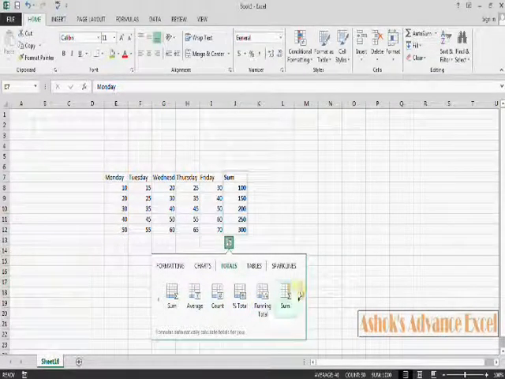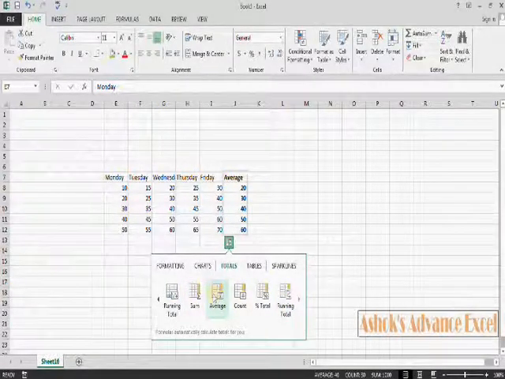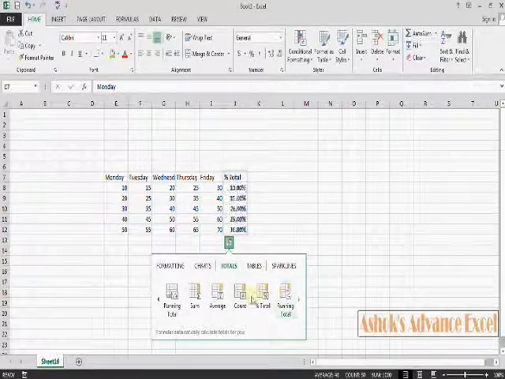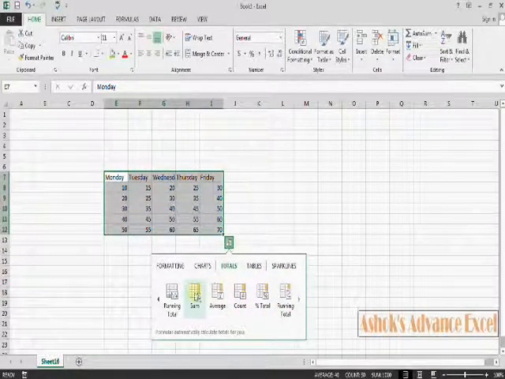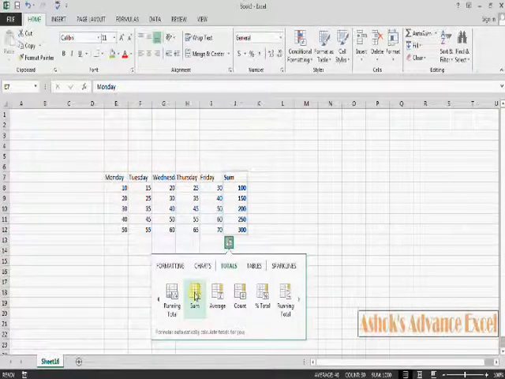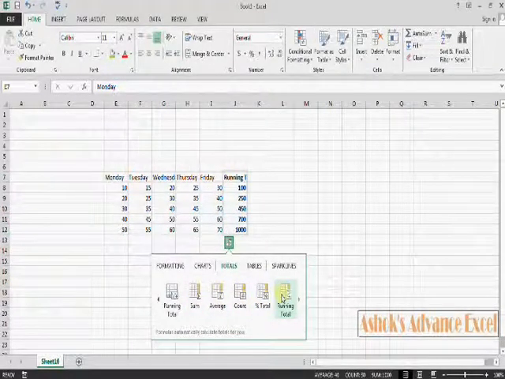Same way, here are some same options, but results are displayed in a column: sum, average, count, total and running total, etc.